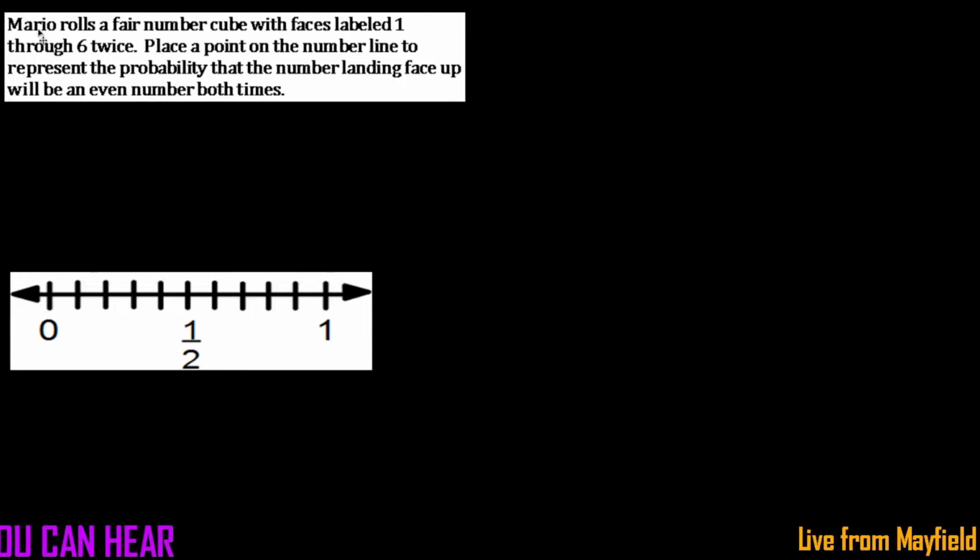It says, Mario rolls a fair number cube with faces labeled 1 through 6 twice. So that means he's going to roll a die twice. Place a point on the number line to represent the probability that the number landing face up will be an even number both times. So right away we want to make sure we can say, is this going to be